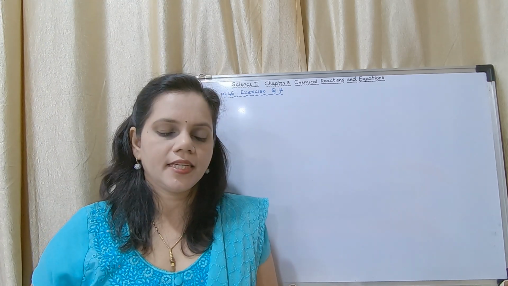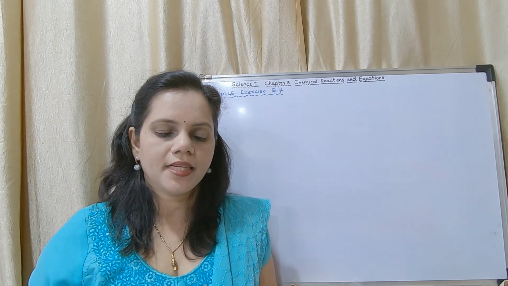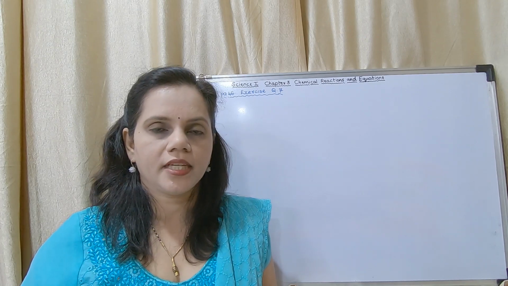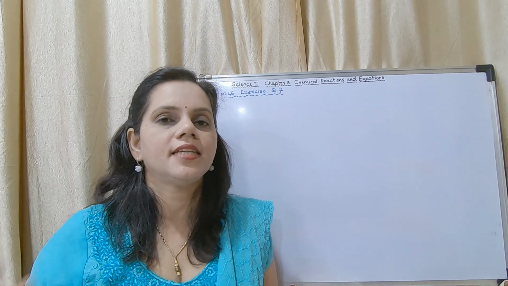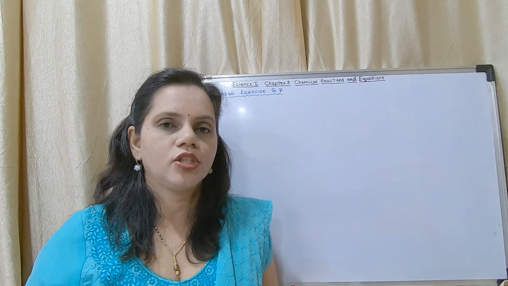Okay, now we will see the reaction. HCl plus NaOH gives NaCl plus H2O plus heat. This is which type of reaction? It is an exothermic reaction. Why? Because heat is written towards the right hand side. Heat is released. Okay, heat is the product. So it is an exothermic reaction.